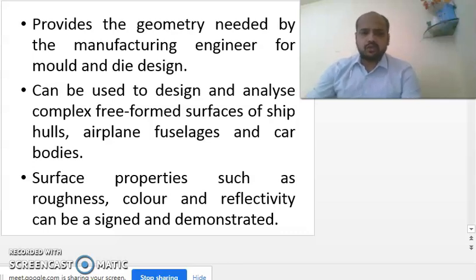This is also an advantage of surface modeling. So I have discussed the advantages of surface modeling. In the next lecture we will see types of solid models and the use of solid models nowadays. That is what about wireframe modeling and surface modeling.